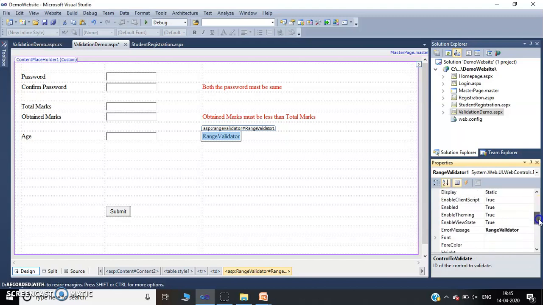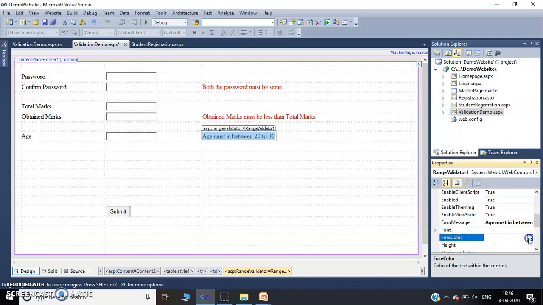Second property is error message. Now I want to accept only age between 20 to 30. So error message will be: age must be in between 20 to 30. So users are not allowed to enter an age more than 30 and less than 20. So this is the error message.